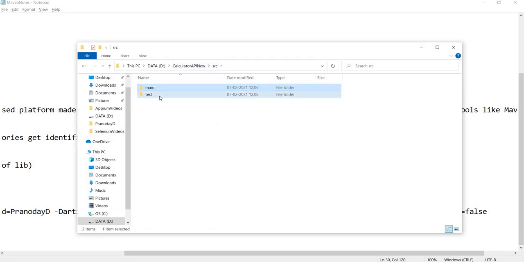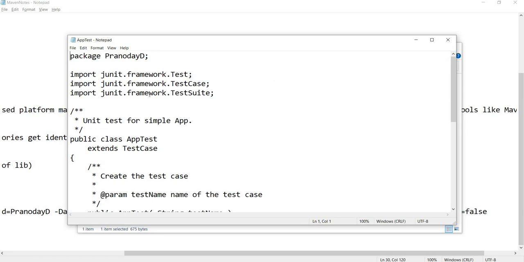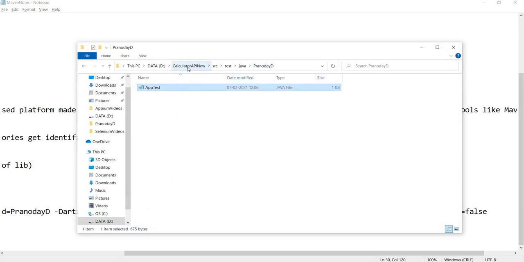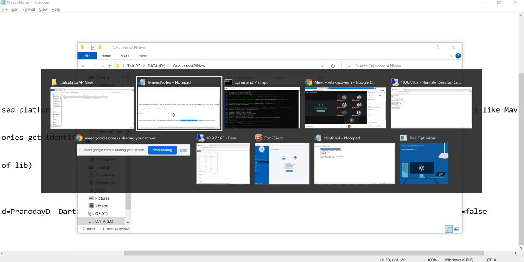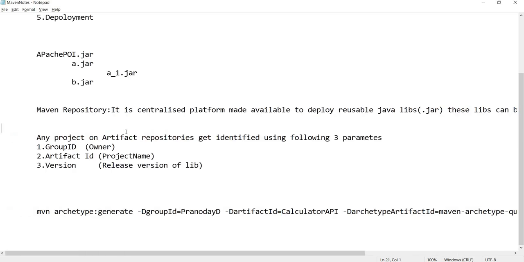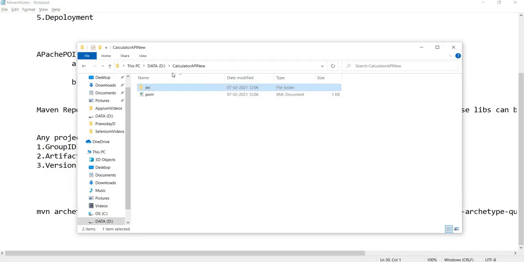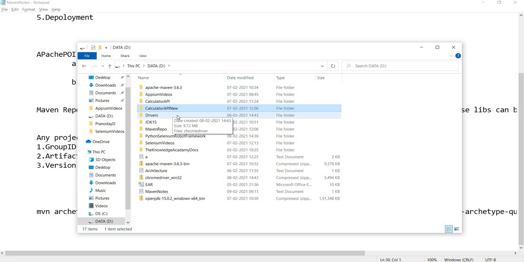And in this src test java also you will find a package directory, and inside that a template test case file. We will be looking at it. We will discuss this, don't worry as of now. But this is again a template unit test case file where you can write your unit test cases, which we are going to do next. The next point is going to be this only, how to write the unit test cases. But right now the idea of this particular topic is to understand the directory structure of our Maven project when we create a Maven project.